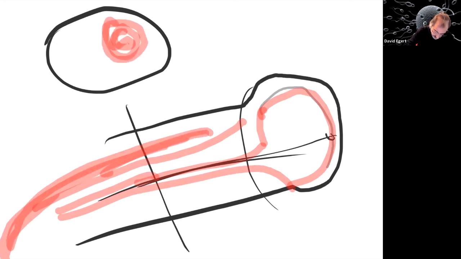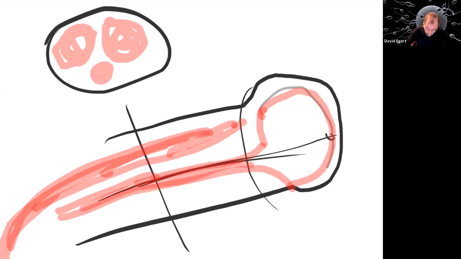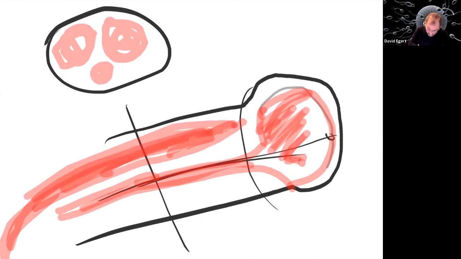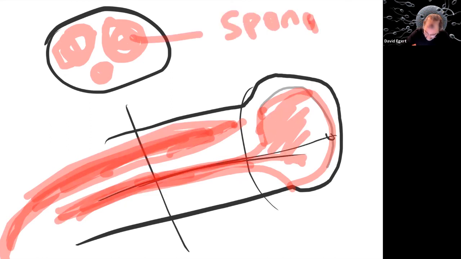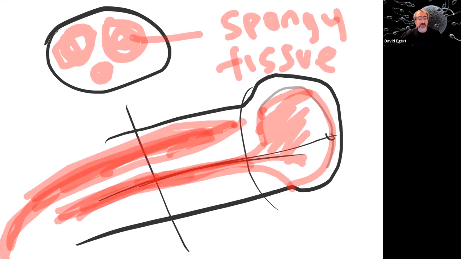There's two big rods that go along the shaft, another little one that goes along the urethra, the corpus cavernosum, the corpus spongiosum. So this is what we call spongy tissue. It's called spongy tissue because it has a lot of kind of holes and gaps in it that can fill with blood. So during